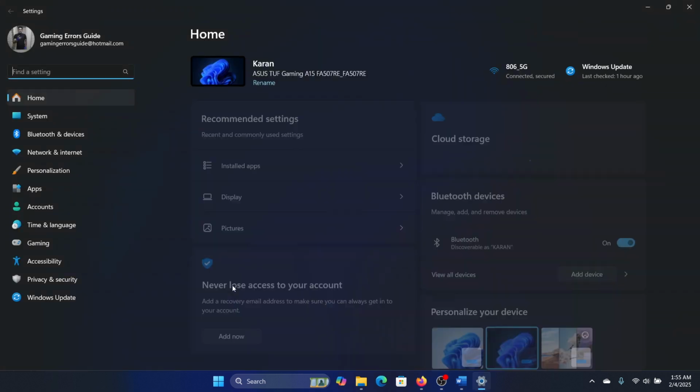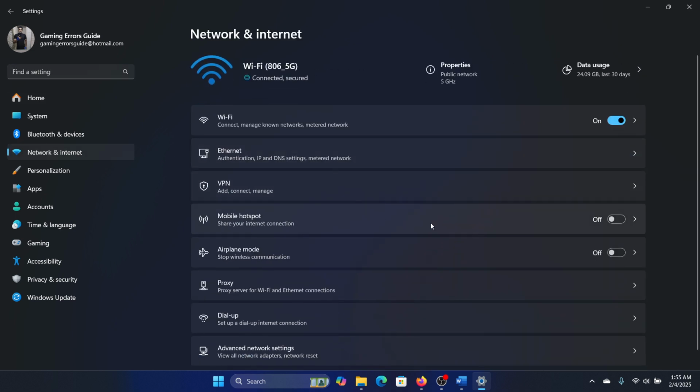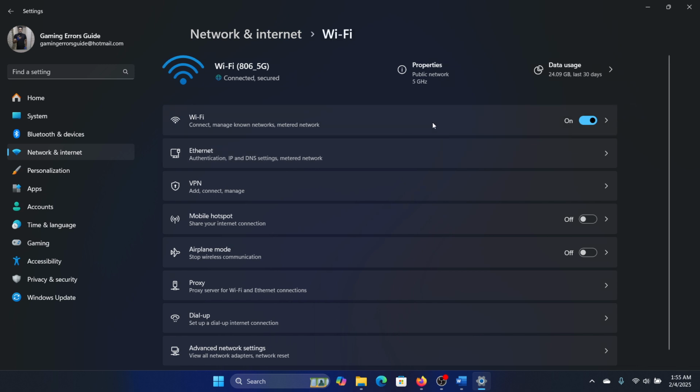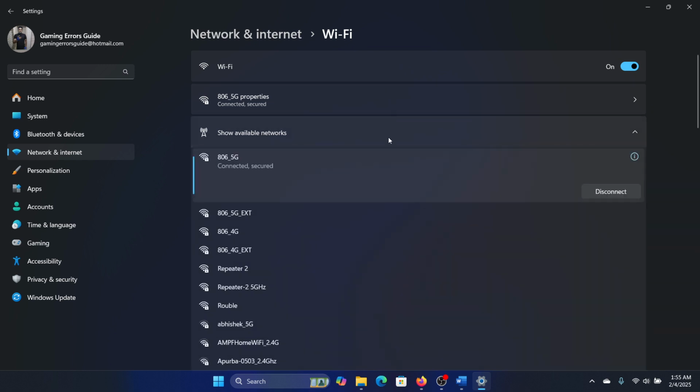select settings from the menu, go to the network and internet tab on the list on the left hand side, and then go to Wi-Fi. Okay, if you want to share the mobile hotspot connection, then the option is different. But if you want to detect it, then go to Wi-Fi, then go to show available networks and then check